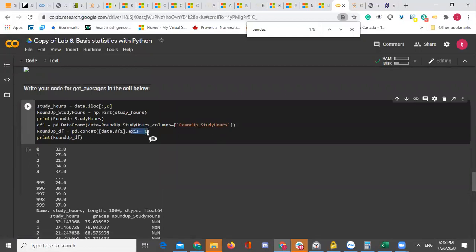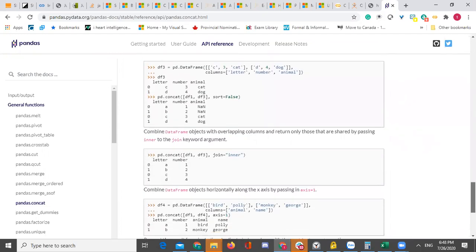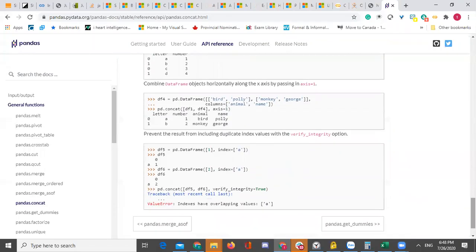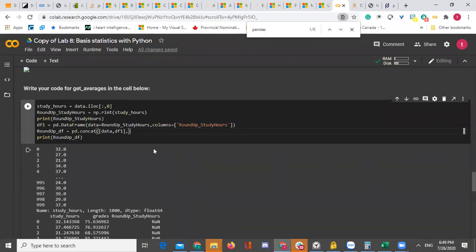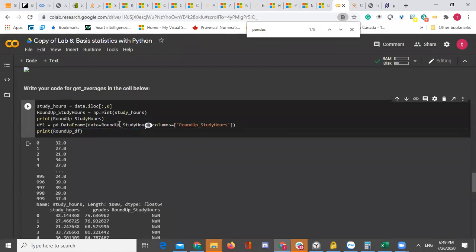So I don't understand what the axis here meant. It will make the concatenations of the columns. Let me see. Oh, we need to have like a key for it to be able to join. So we need something for it to join with. So let's see. We just do union. We should just use union. Oh, I know what I should do. So basically, I should